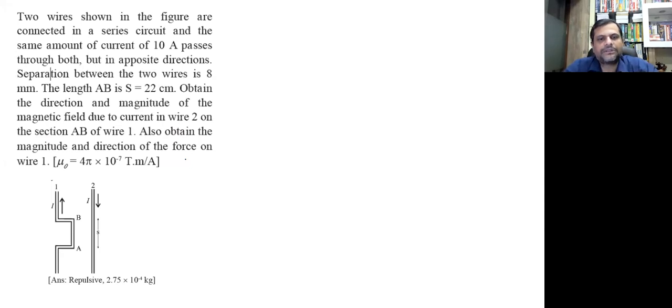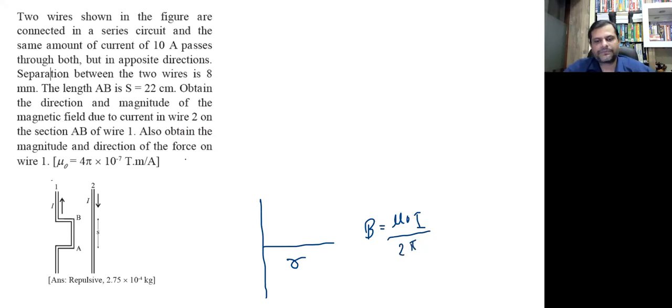चलो ठीक है, तो देखो सबसे पहली बात हमको ये जो मैग्नेटिक इंडक्शन निकालना है, हमने ऑलरेडी प्रूव करके रखा है कि whenever there is a wire, then at a distance r from it, the magnetic induction is given by the formula mu naught I upon 2 pi r. करेक्ट है, ये फॉर्मूला हमारे पास है ऑलरेडी. So if we use this formula here for finding the magnetic induction at this point AB due to the current in the wire,